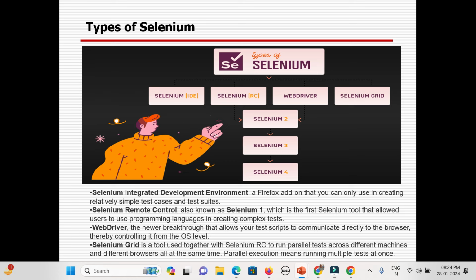Okay, so Selenium RC I told you about, then Selenium WebDriver came, through which you can directly communicate with different browsers. It can be the Edge browser, Safari browser, Chrome browser, Firefox browser, etc. Now Selenium RC and WebDriver are integrated into Selenium 2, 3, and nowadays 4 is available.